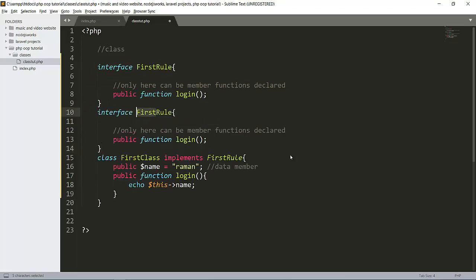Here will be our second rule, our second set of rules. After the user logs in, when the user logs in, then it also has to pay. Let's say that it has to pay. So to use both these rules in the same class, just write a comma here, and here will be the second rule. Here is our second rule.